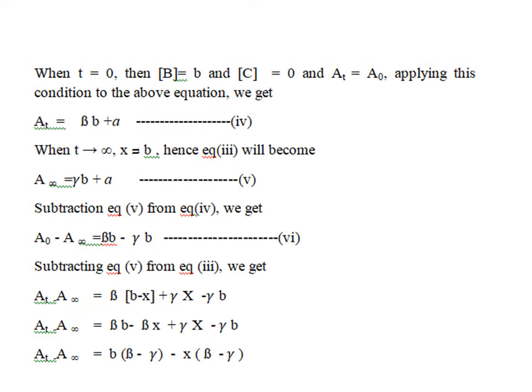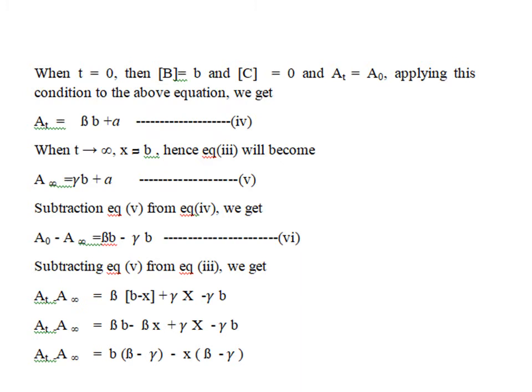That is, at the initial stage, when T was 0, the concentration of B was B and that of C was 0, and AT, the absorbance at any time t, will be equal to A0. Applying this condition to the above equation, we get,